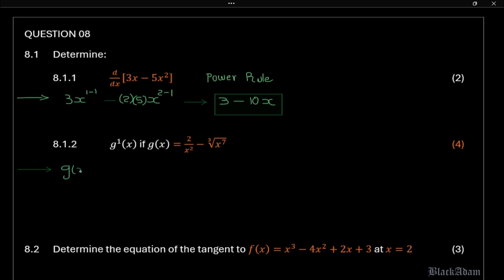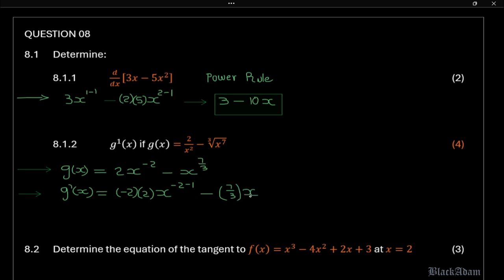Alright, so the next thing we have is g of x. There is 2x to the power negative 2, and then x to the power 7 over 3, so that's power over root. So the derivative is going to be negative 2 multiplied by 2, and then x to the power negative 2 minus 1, and then the same thing, bring the fraction down, so it's 7 over 3, x to the power 7 over 3 minus 1, but 1 we can make as 3 over 3,